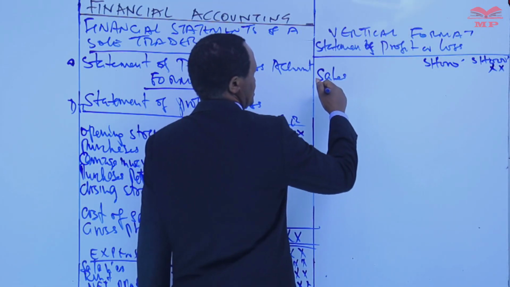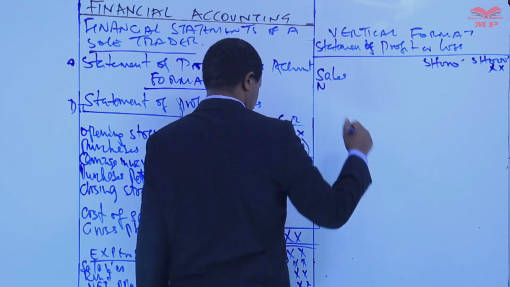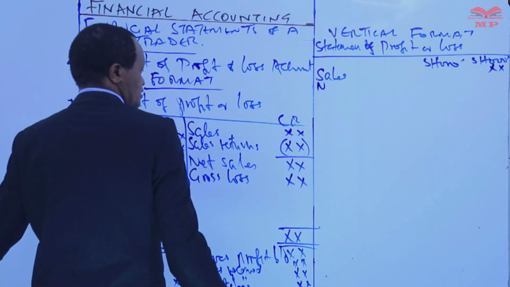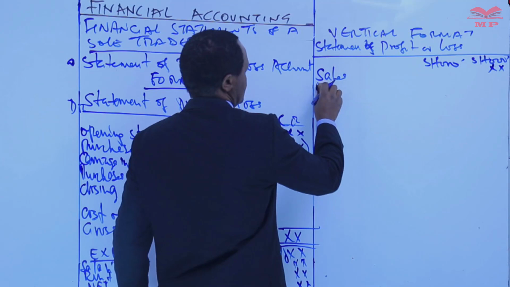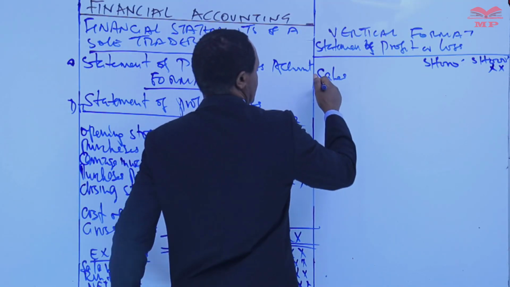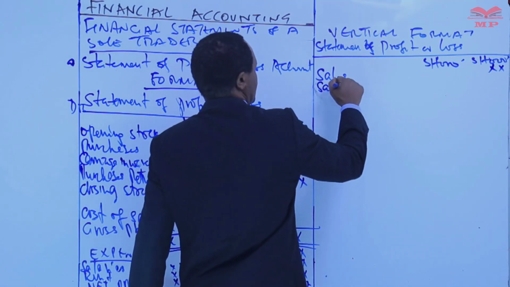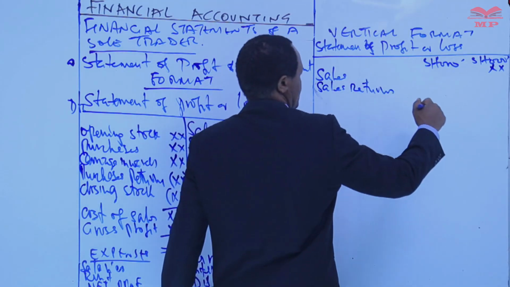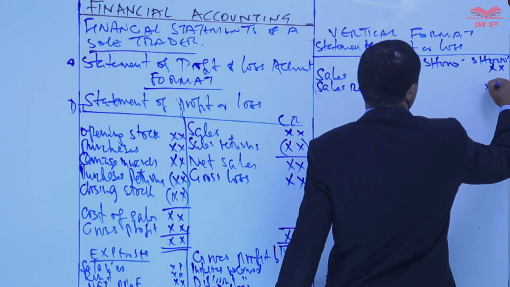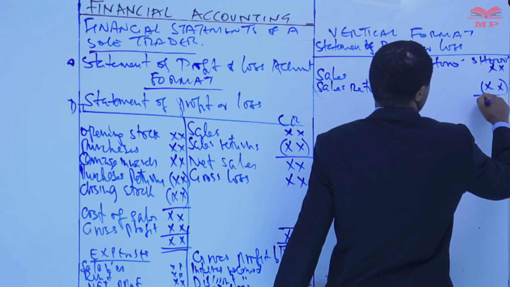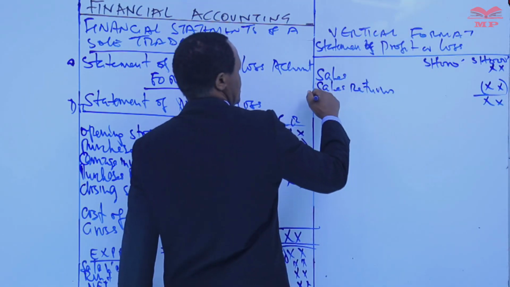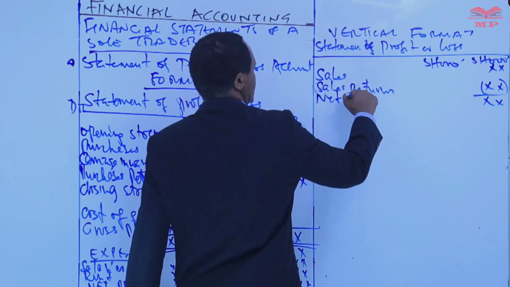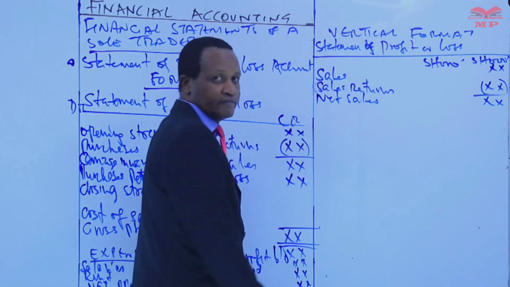Then there is sales returns, or returns inwards. We have to deduct sales returns from the sales to get the net sales. Net sales. Then from the net sales,